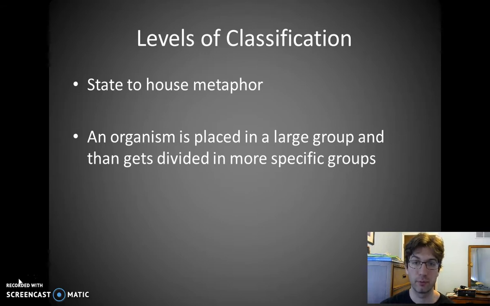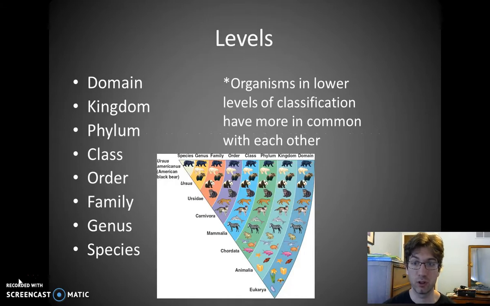So organisms are going to be placed in large groups, and then they're going to get divided into more and more specific groups. These levels consist of your largest group or your broadest category, which is domain. Everything that is living fits in a domain. Other than that, we break it down even more and more specifically. Certain domains get broken into kingdoms. Kingdoms get broken into phylums. Phylums broken into classes, into orders, orders into families. Finally we get to the last two, which should be a little familiar by now, which is genus and species, because again, those are what we are basing our